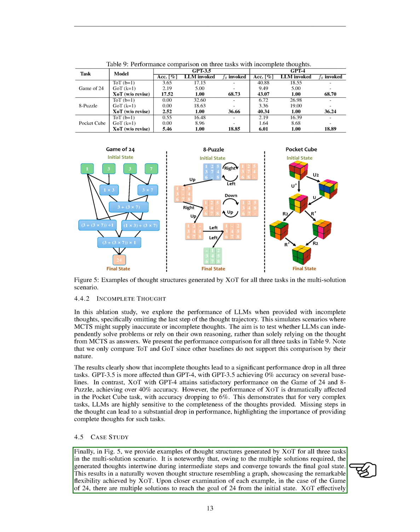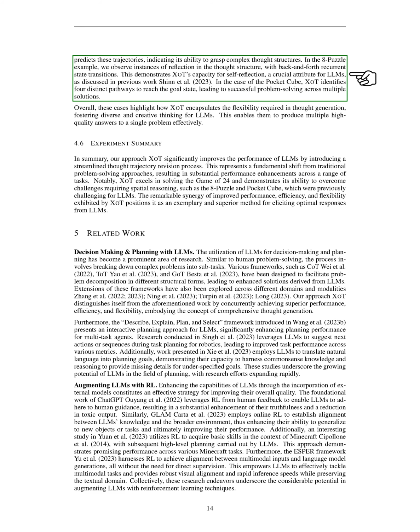We found that the generated thoughts intertwined during intermediate steps and converged towards the final goal. This resulted in a thought structure that resembled a graph, demonstrating the flexibility of XOT. In the game of 24, there were multiple ways to reach the goal of 24 from the initial state, and XOT was able to predict these trajectories. In the 8 puzzle example, we saw instances of reflection in the thought structure, showing XOT's capacity for self-reflection. In the Pocket Cube task, XOT identified 4 distinct pathways to reach the goal state, leading to successful problem-solving across